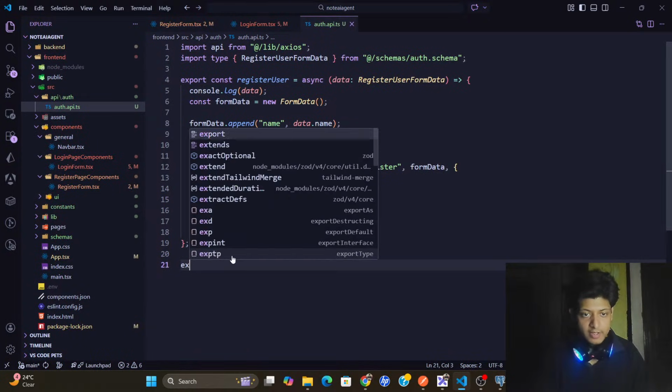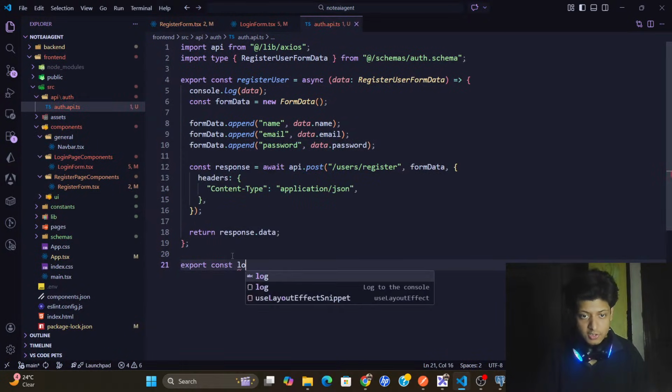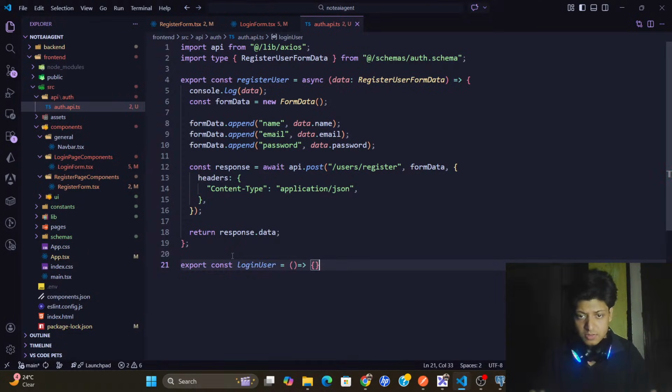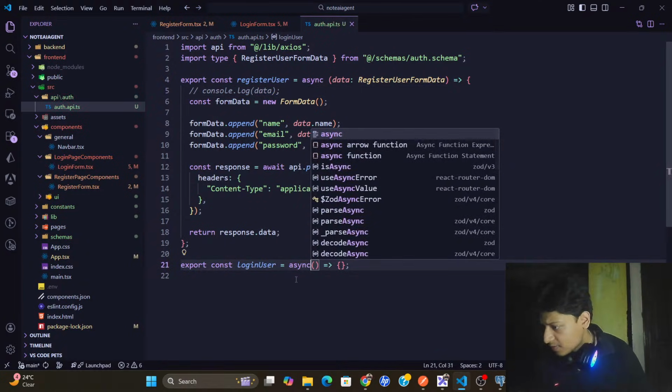Fine. Export const loginUser, done. And I can comment this part because it's not needed now. Here async